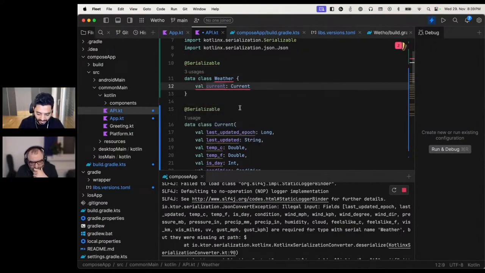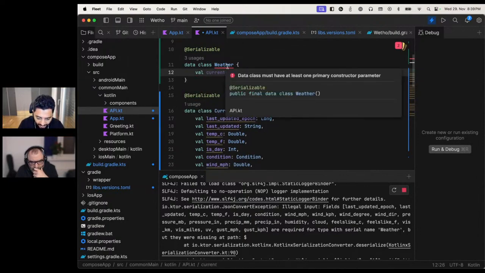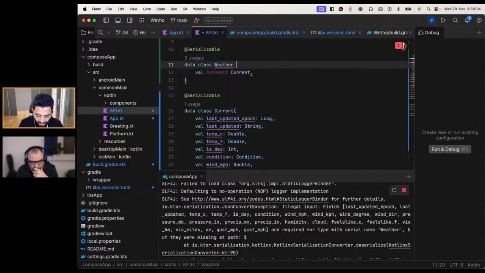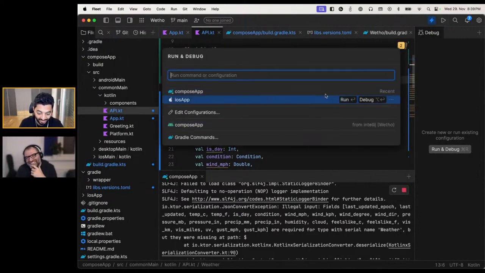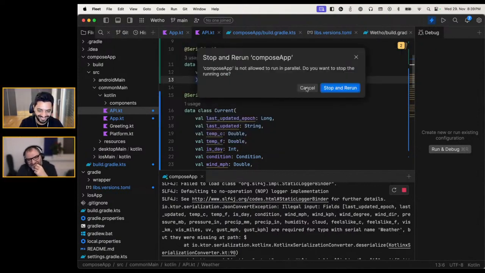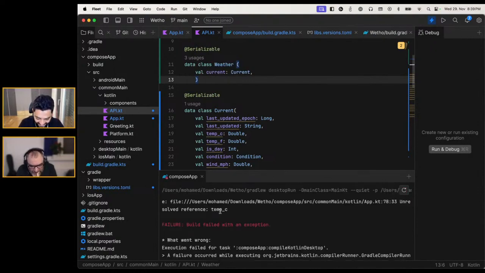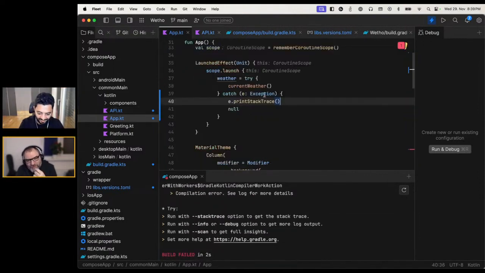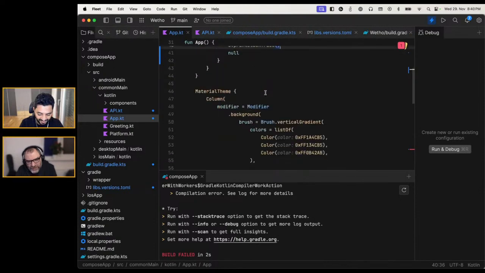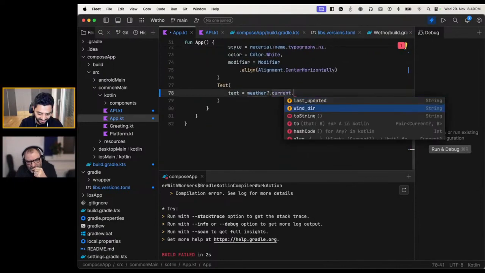What I did is wrong. It should be like a constructor. So let's hope that this will fix the serialization problem. Okay, TempC. You need to go to weather.current.temp. Scroll down. Correct. Current.temp